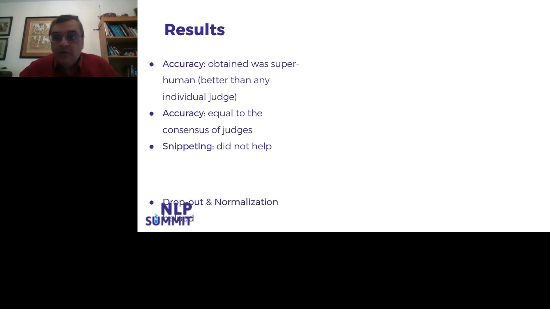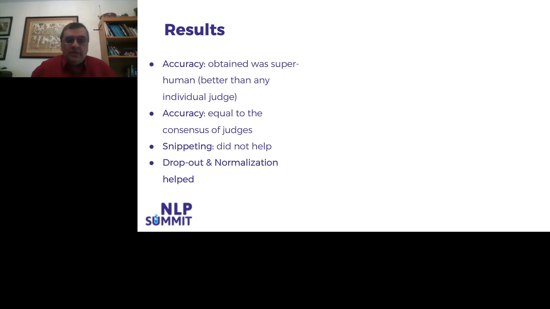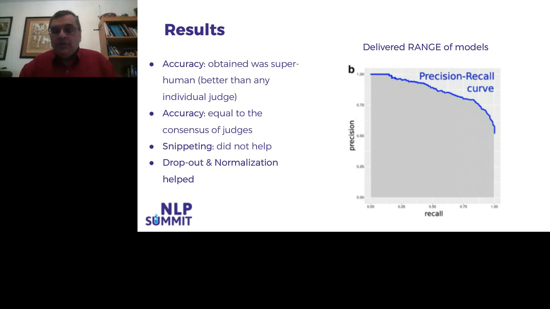For those of you that know these things, I'm not going to go into a lot of detail. Dropout and normalization both helped. And now, what we did was, instead of delivering a single model to our client, we delivered a series of trade-offs